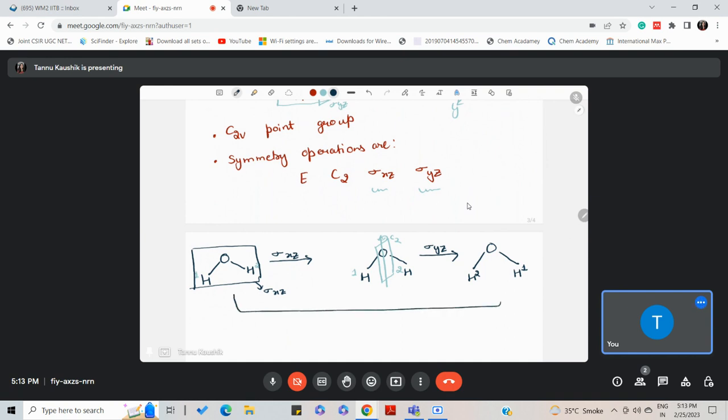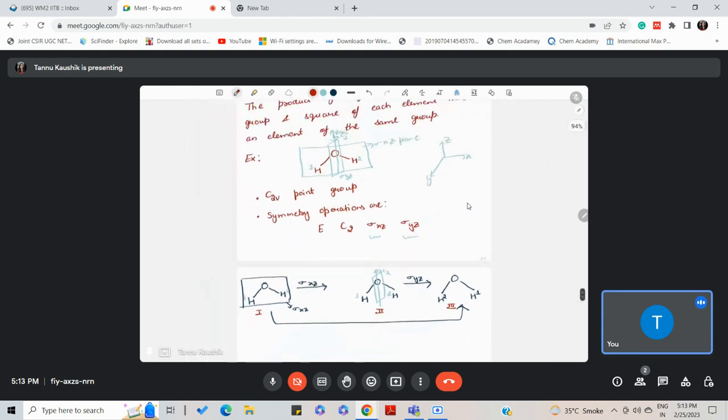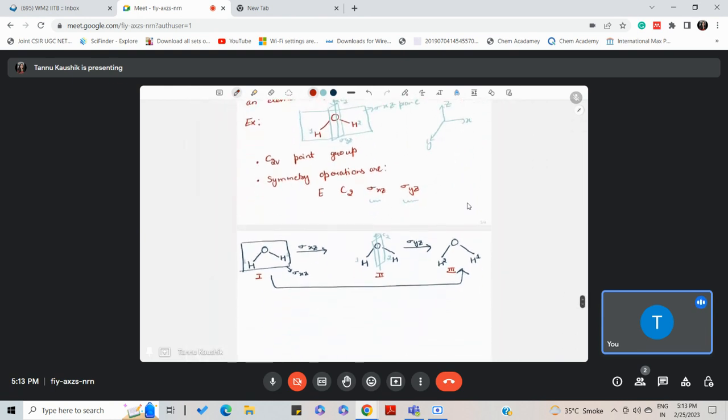So now can you see which symmetry operation can directly give us, just label this configuration as first, second, third. Which symmetry operation in the C2V point group can give the same configuration as we got from moving from first to third after applying this sigma xz operation followed by sigma yz operation? So we can clearly see that